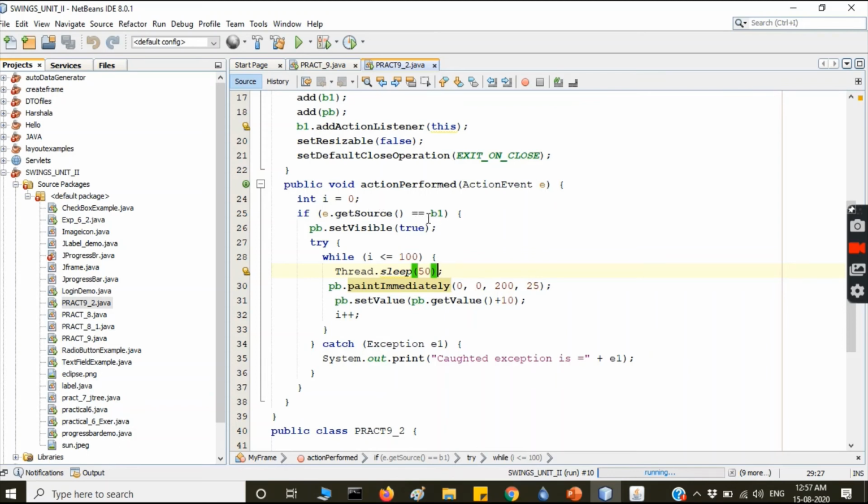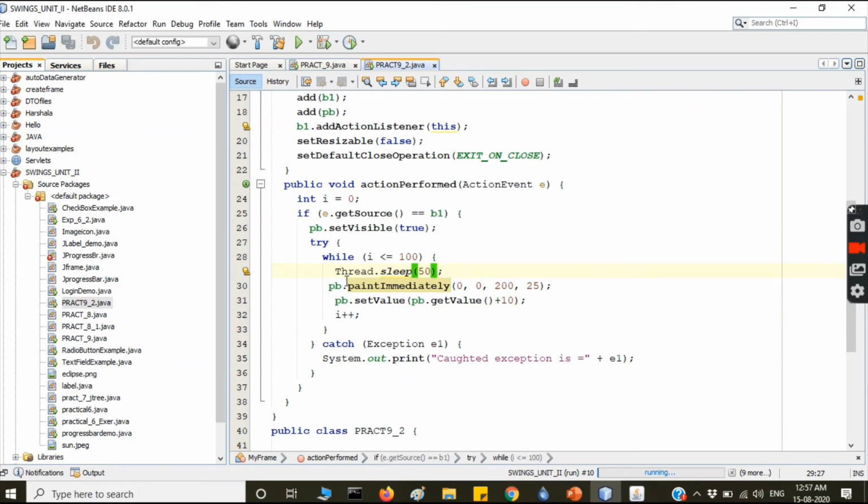So B1 equals B1 होएगा तो आपका क्या होएगा? pb dot set visible true. So तभी आपका progress bar visible होएगा, true हो जाएगा. And here we have written the code to fill this progress bar. For i less than or equal to 100, Thread dot sleep.